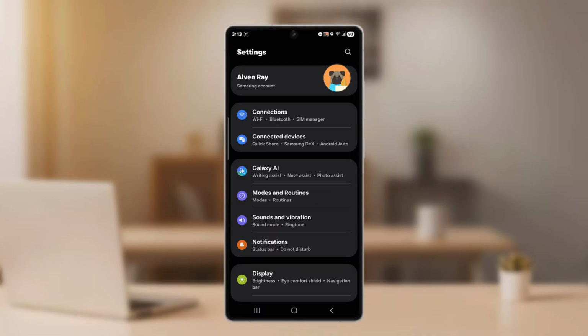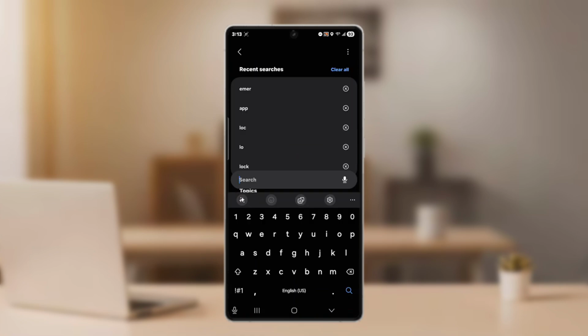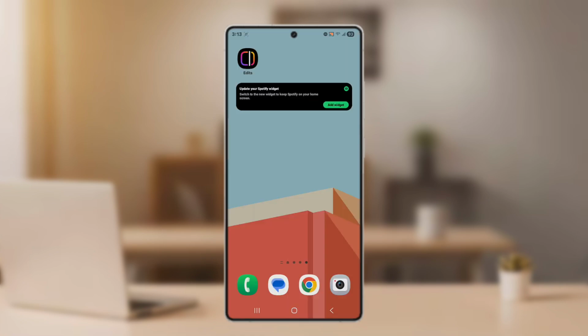Once you've done that, you can simply go ahead and head to the search bar one more time. Once your emergency SOS is turned on, when you simply go ahead and call emergency services, when the call fails, a prompt will appear asking you if you want to use a satellite SOS, and then simply tap on start